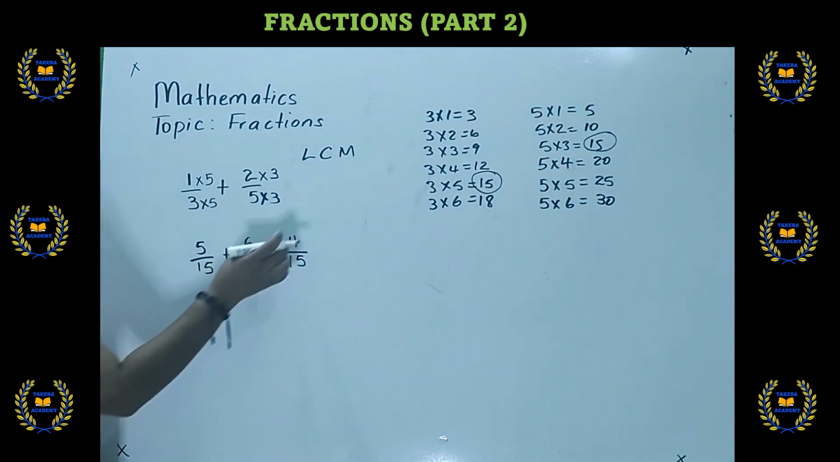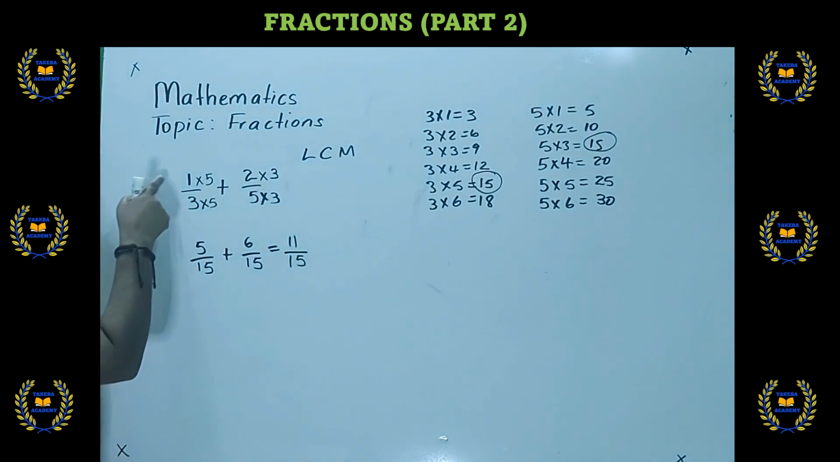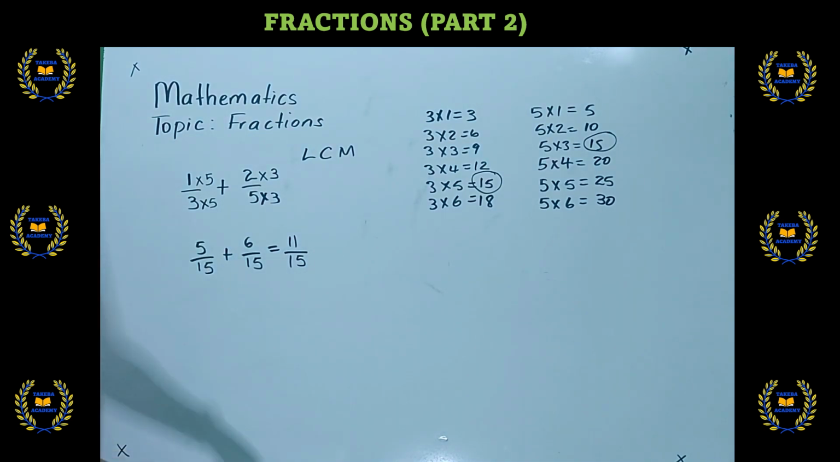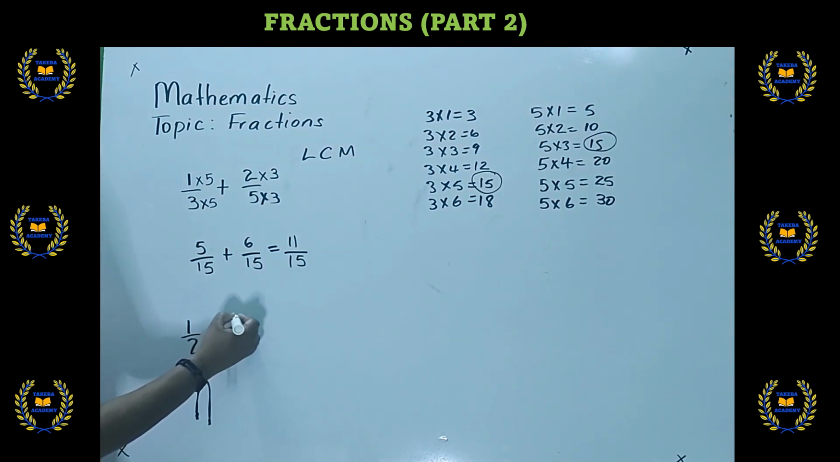So the answer would be 11 over 15. So when we add 1 over 3 plus 2 over 5, our answer is 11 over 15. Alright, so let's work another example. Alright, so let's do a half plus